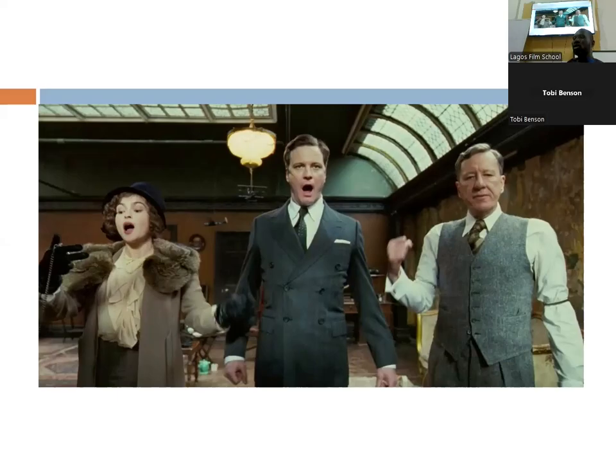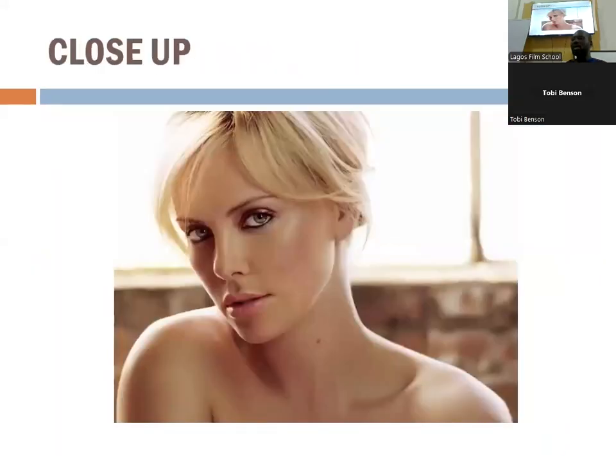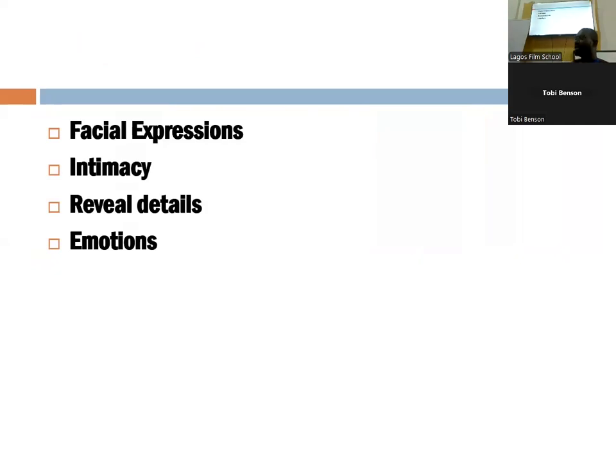Yes, for dialogue too, but the most, what's it called, for dialogue is a close-up shot. A close-up shot is for intimacy, to give details, for facial expressions, for emotions. In fact, remember our job is to make the audience feel a certain way. Do you remember? If you want them to feel a particular way, show them your character in the same mood. People tend to reflect what they are seeing on the screen.